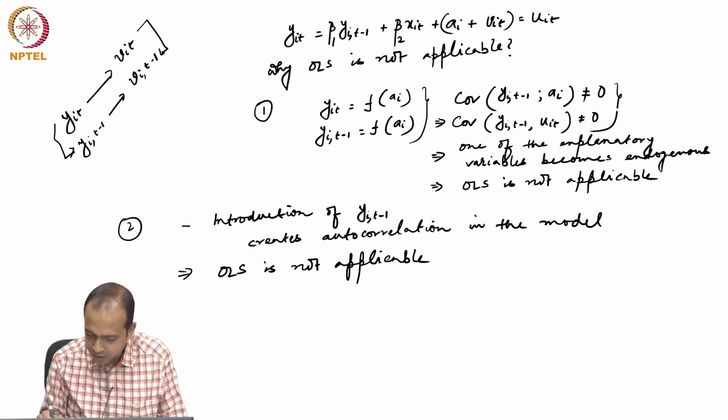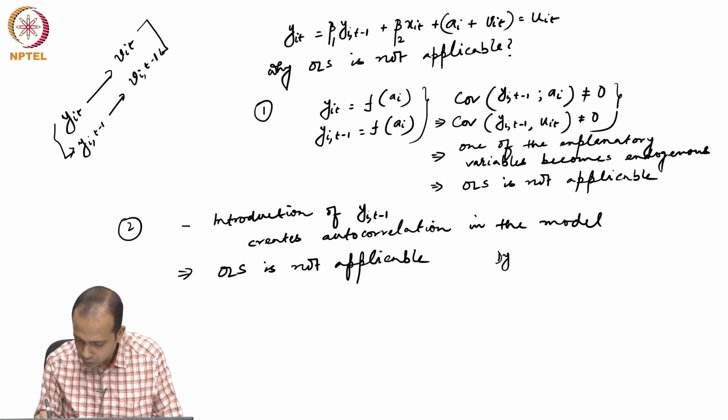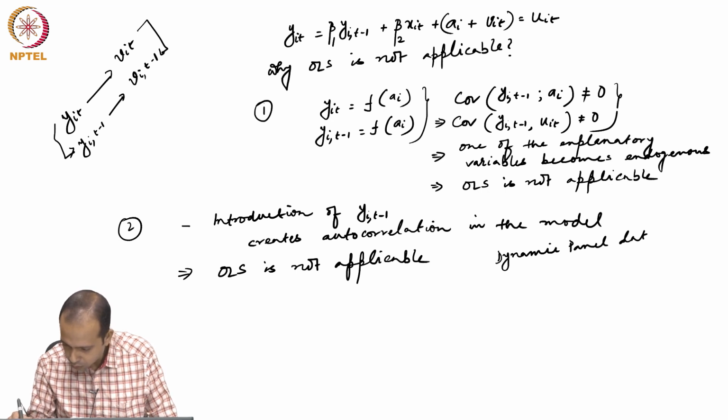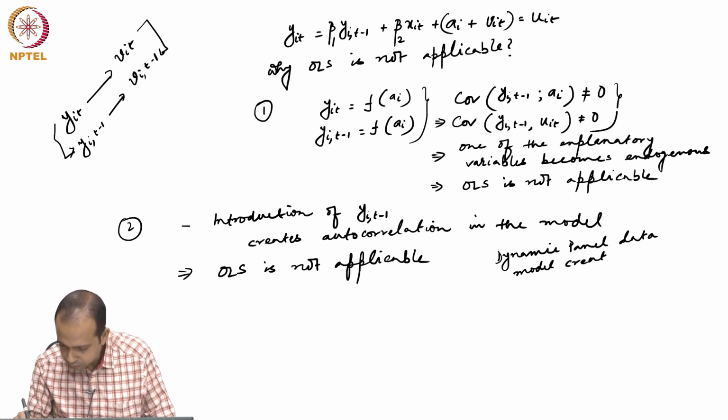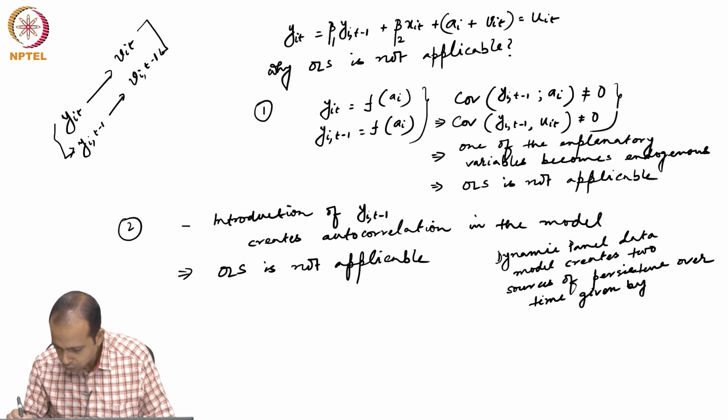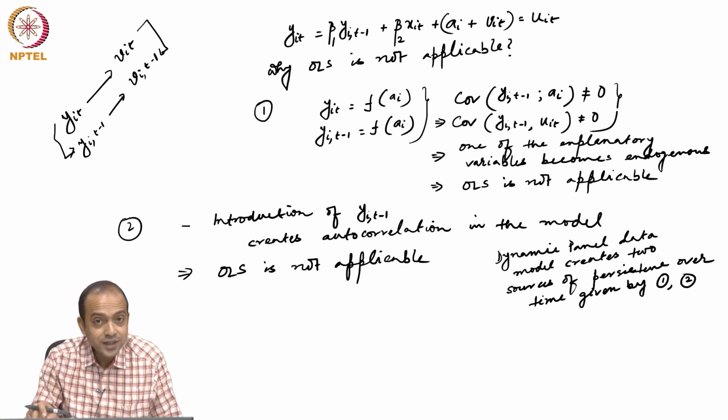So, what I will write: the dynamic panel data model creates two sources of persistence over time, given by 1 and 2. Okay. One is